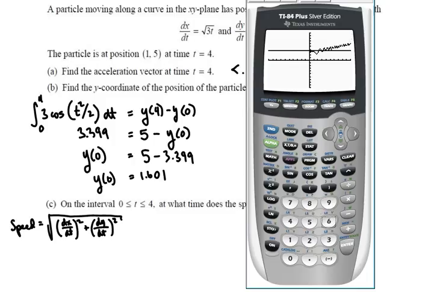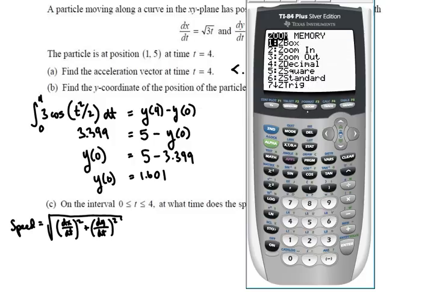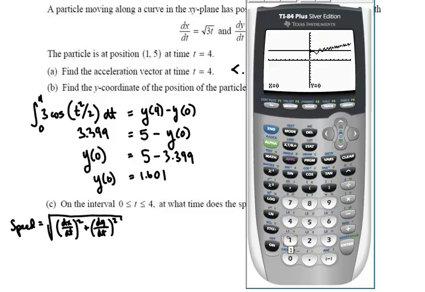now with this particular case it's kind of hard to see what's going on. I would prefer to use a zoom box here, and I'm just going to move the cursor. You see that it started with the flashing cursor at the origin. I move it over a little bit. I need to hit enter, and I'm going to stretch out a box vertically and then horizontally across to where I think it at least includes the first intersection of them. Hit enter,